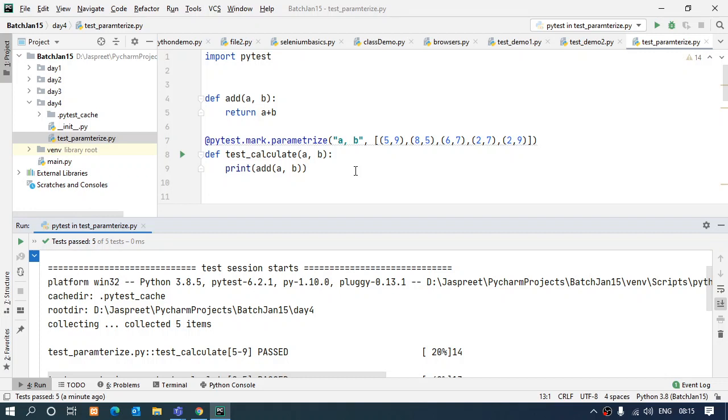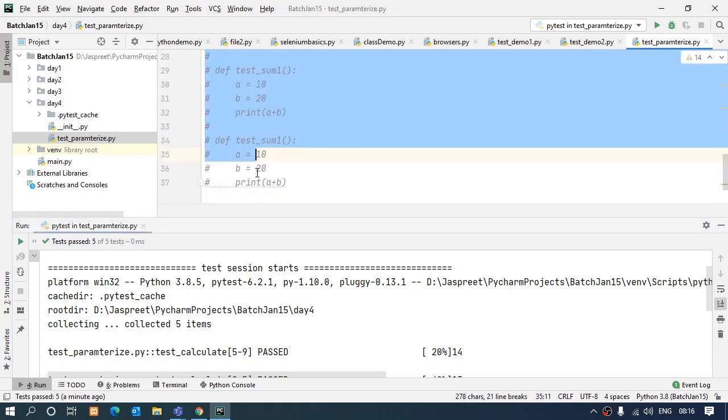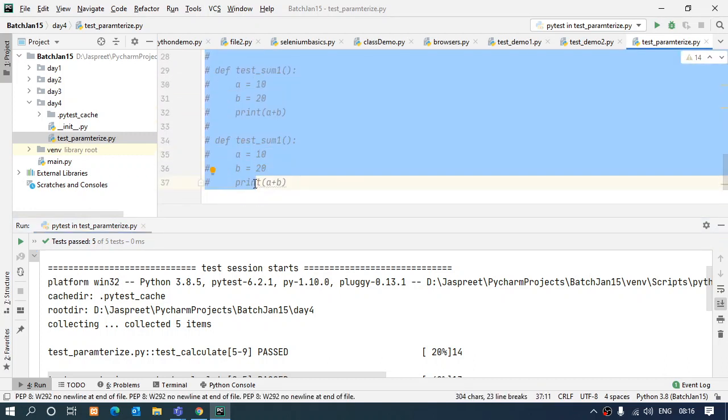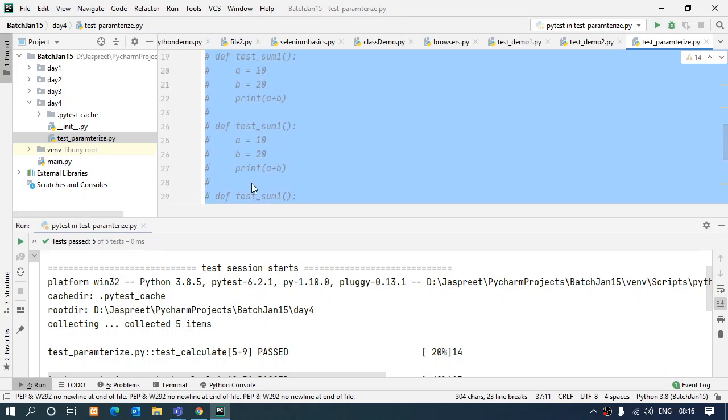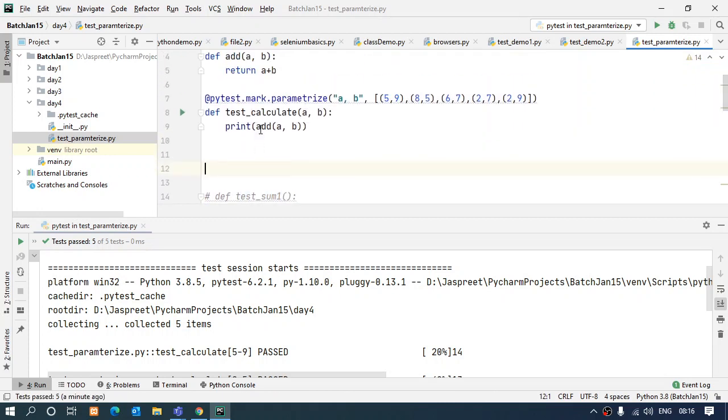Yes. Not basically a test case, but a value that we are passing to the test case. We only have one test case. Because if I did it like this, what's it going to do? Doing the same thing. Just my work has been increased, my space has been occupied a lot, plus I'm repeating everything, which I don't want.